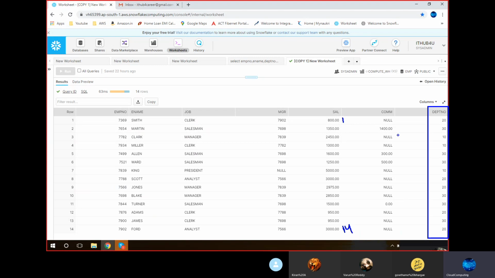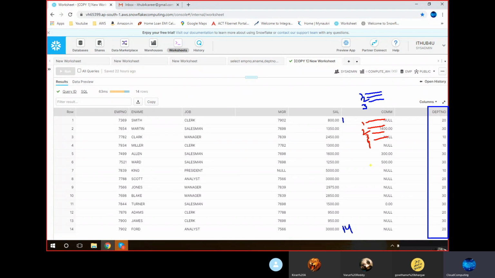Suppose you provide it on top of the department number, taking the help of the department number. If you want to provide row numbers per department, for department 10 I have to write all 10 records with row number 1, 2, 3, and then go to department 20. Once I go to 20, I have 4 records, again 1, 2, 3, 4.